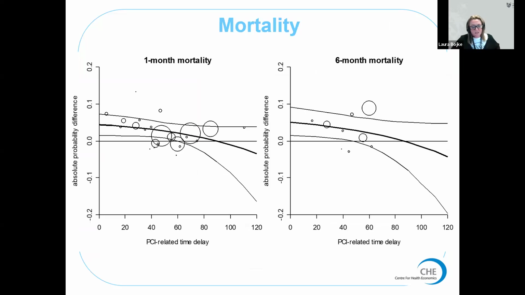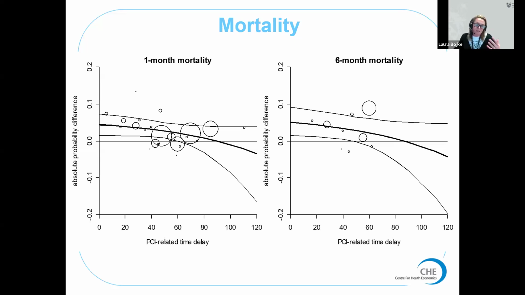So I've just outputted here what the results of a meta-regression might look like. Here we explored the relationship between time delay to receive a PCI for heart attack patients and their 1 and 6 month mortality. There was an a priori belief that PCI-related time delay drove outcomes in these patients. We had outcomes at 1 month and 6 months, so we wanted to explore those separately, and we wanted to see whether having a delay to receiving a PCI had an impact on